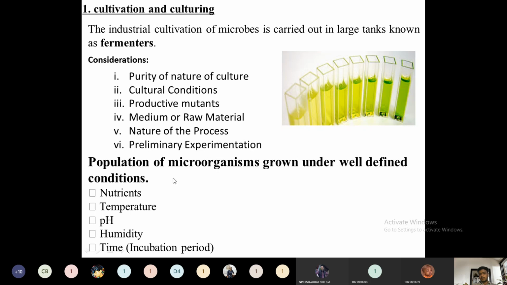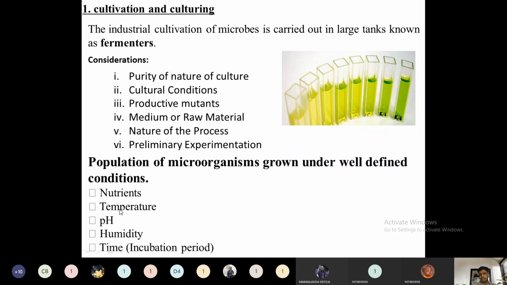So what are the well-defined conditions for the growth of that particular microorganism? These five are the well-defined conditions for any type of microorganism growth. The first one is the nutrient, whether it may be agar, beef extract, or something else, as we have seen in the heart brain agar. The type of nutrient the particular microorganism consumes is very important. During the preliminary experiments, we come to know what type of nutrient is required. Then we have to prepare the nutrients at an ideal condition.